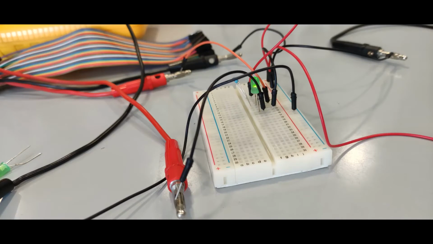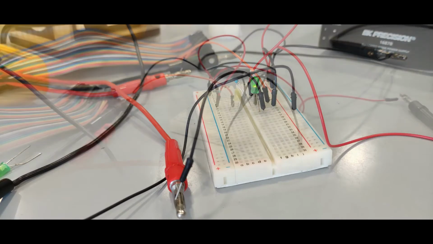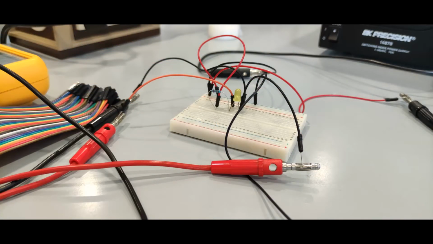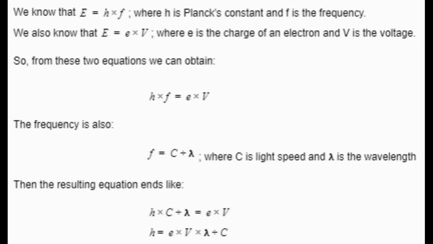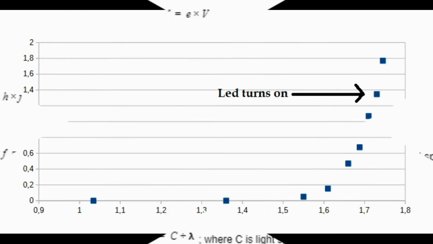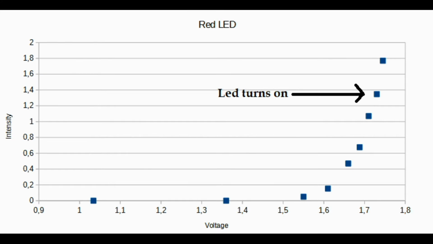We carry out the same procedure with the different LEDs and write down the results of each one. Once we obtained all the results, we decided to do the calculations following the data obtained from the red LED. Knowing that the energy is equal to Planck's constant multiplied by the frequency and equal to the charge of an electron times the voltage, we were able to obtain the following equation to obtain the approximate value of Planck's